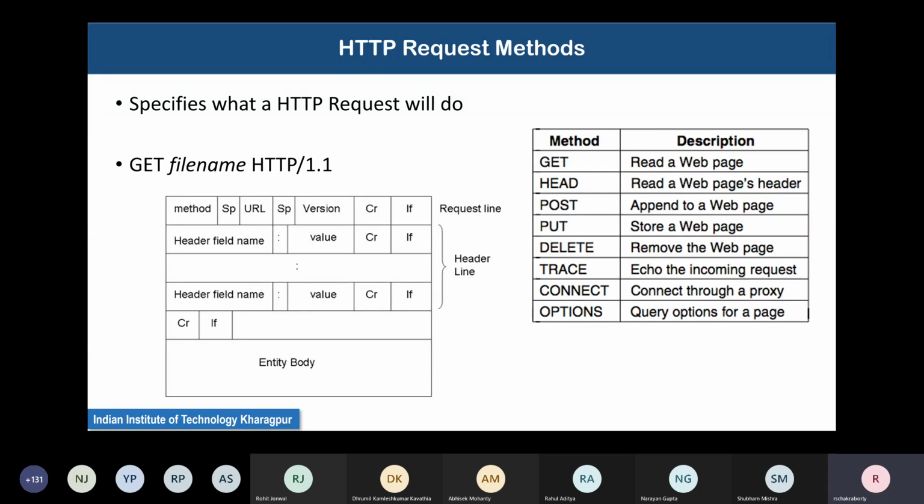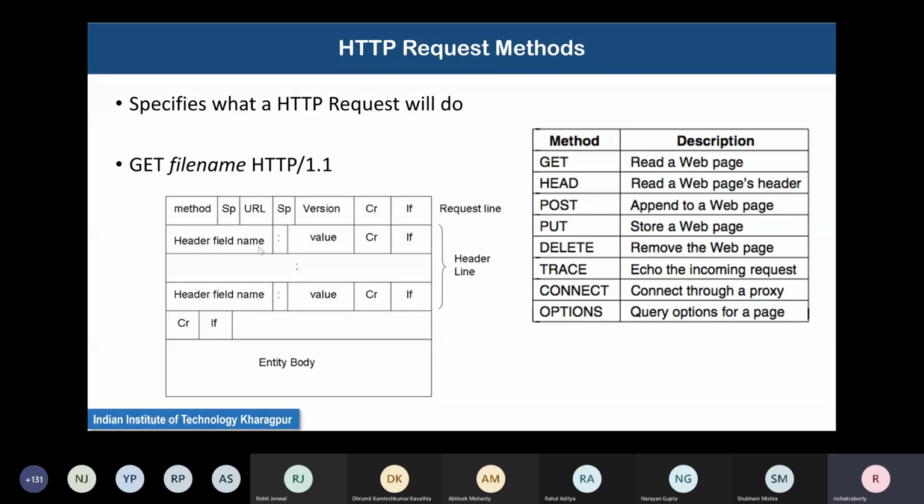Now, when you send an HTTP request, GET file name HTTP/1.1, this basically means that HTTP version 1.1 will be used and the file name you will give. Then there is a request line, the first line, which is just some metadata.